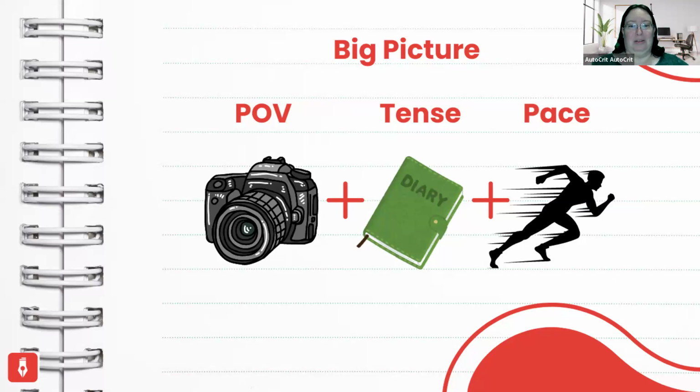We're going to start on the big picture level. Your big picture level are going to be edits that apply to the whole book. They should all have a consistent POV, or point of view, which is what we left off on with developmental editing last week. We should have a consistent tense through your story. The narration should be all past tense or all present tense consistently,